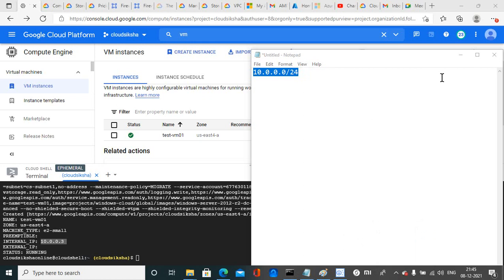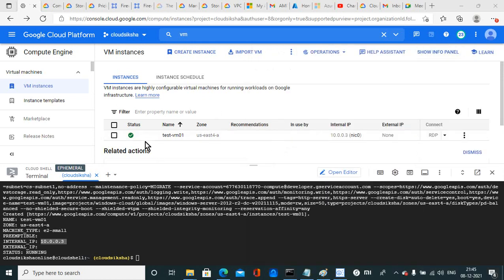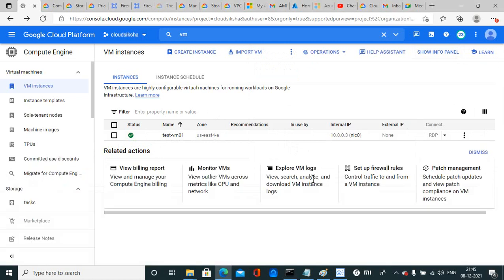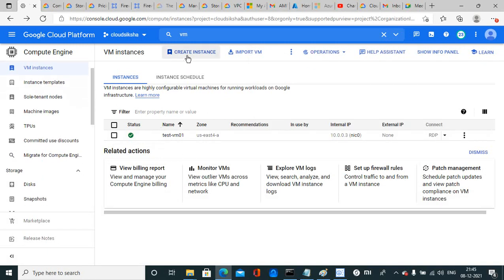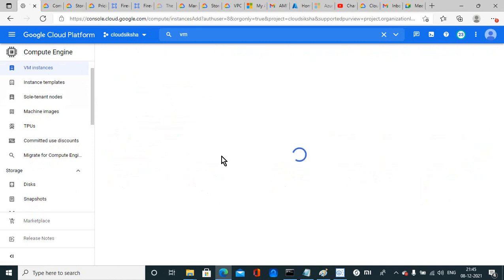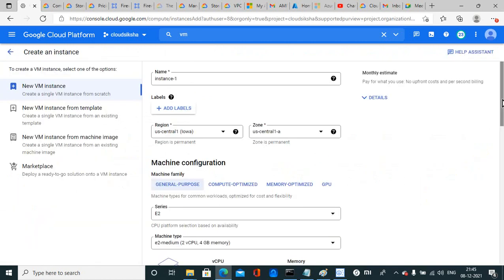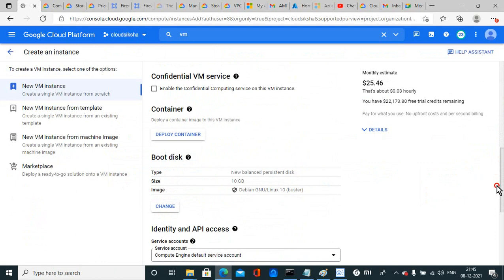Okay, now you can see the machine has been created over here using the cloud console. The same way you can create firewall and the other services like disk, everything you can create from the cloud console. So apart from that, if you go to create a machine, at the point where you are choosing the